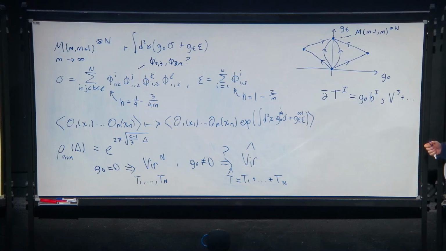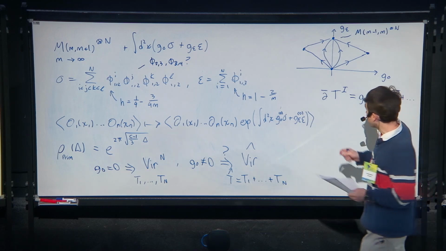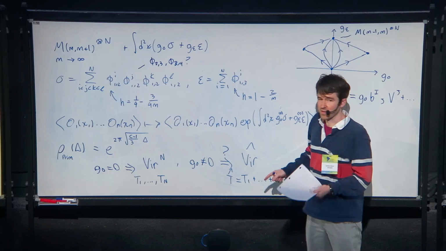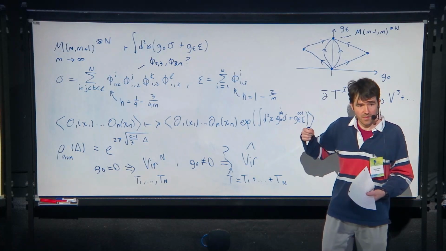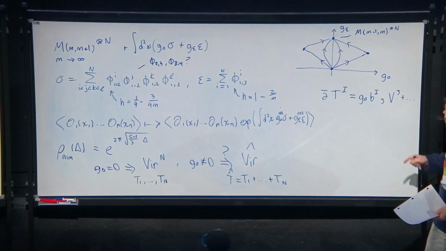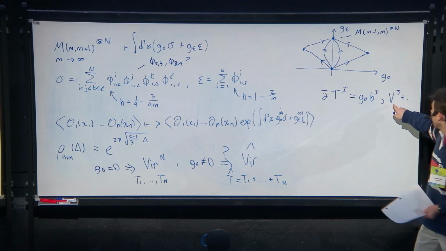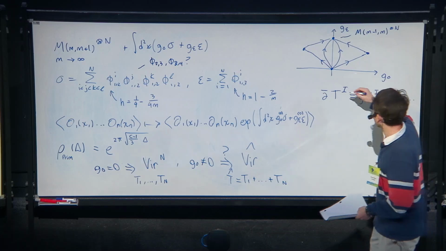So you might know that in addition to studying the 3D Ising model in a 4 minus epsilon expansion, some people want to study it in a 2 plus epsilon expansion. But the 2D Ising model has higher spin currents. It has Virasoro symmetry. Those Virasoro symmetry currents are going to need to break when you go towards 3 dimensions. And yet, the 2D Ising model doesn't have any operators that can play the role of the source term on the right-hand side. So whenever this has